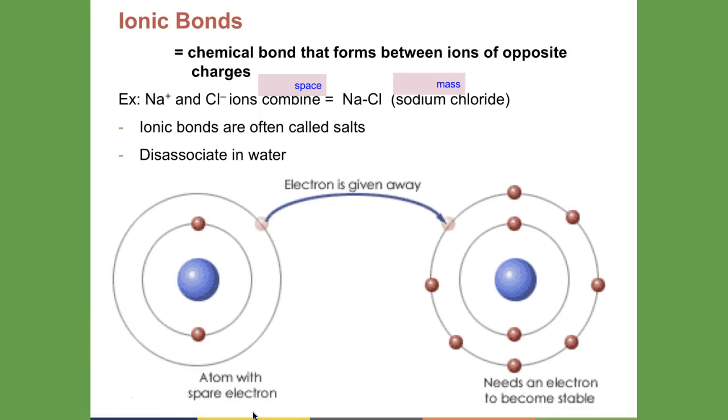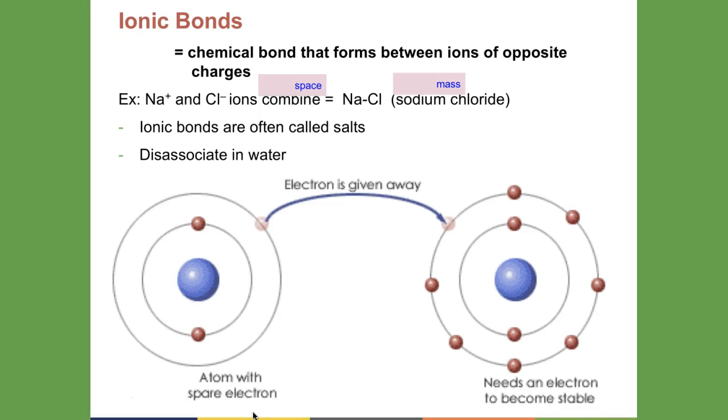And there are two types of covalent bonds: polar covalent and nonpolar covalent. Polar is when the electrons are shared by the atoms, but the electrons actually spend more time around one nucleus than the other. A good example is the water molecule. The electrons actually spend more time around the oxygen nucleus than the hydrogen nuclei. It's a really, really good example. You're going to refer back to water being a polar molecule a lot, especially in labs.